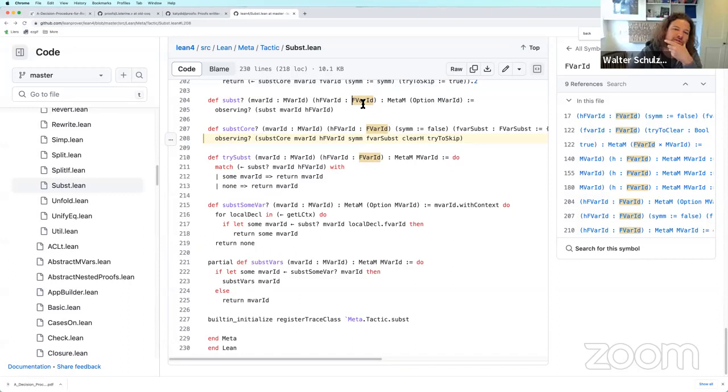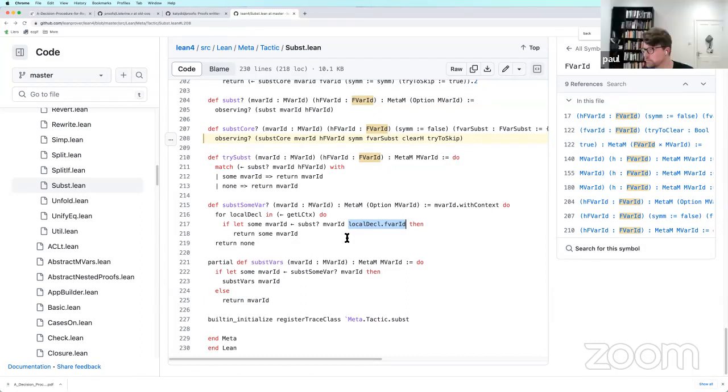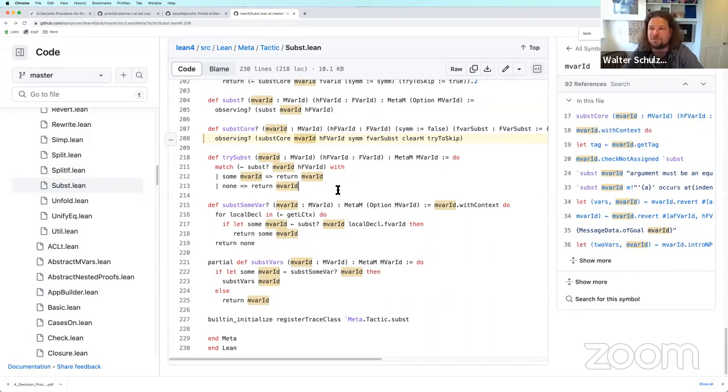I can't remember what the fvar ID is. Is that the hypothesis name-ish? Hmm. Okay, but this is maybe going too deep for today.